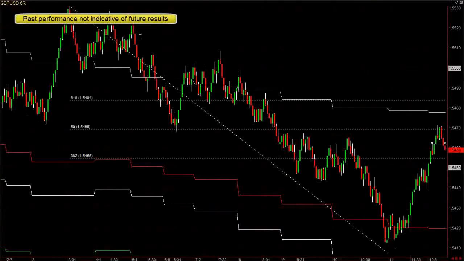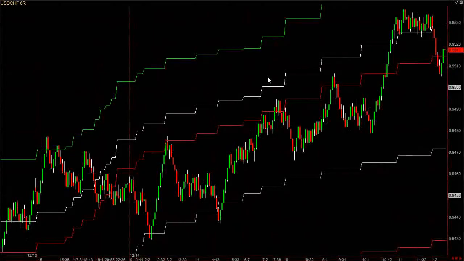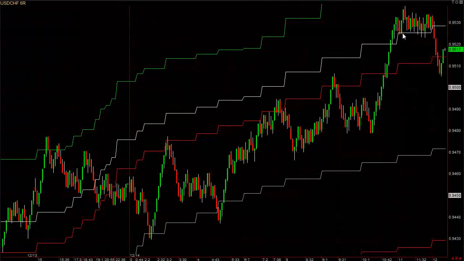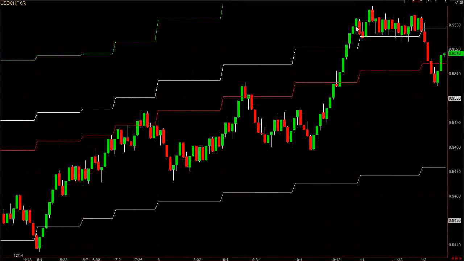Here's a dollar Swiss. We'll put that on this one. USD CHF, enter. It's going to download the tick data and generate a 6 pips per bar chart. Now this one did go up above the upper white bands, and sometimes you would put your stop a pip underneath the first red bar here with your stop a few pips above it,